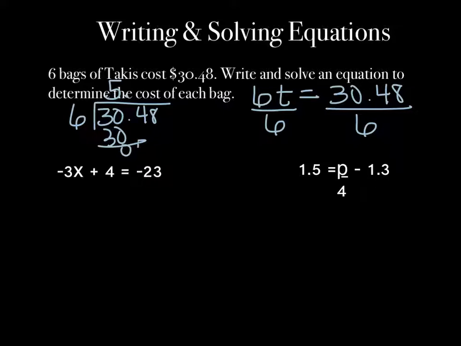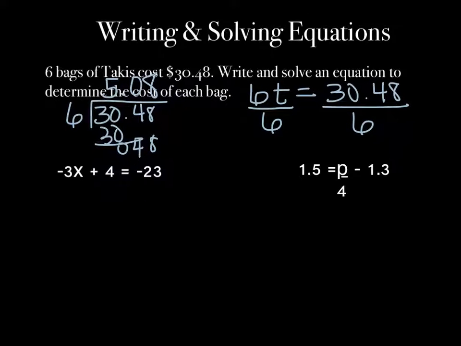And you're going to subtract, and you're going to bring down the 4, and 6 can't go into 4, so you're going to put a 0 up on top, and you're going to drop the 8. And then 6 goes into 48 8 times. I know that answer is hard to see, but you get